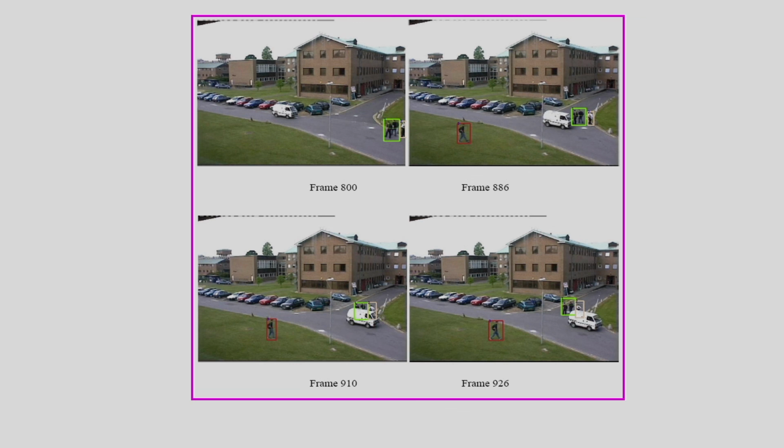In some of the cases you can see, in this frame, these persons are occluded by this vehicle, and partially these persons are visible. Even then we can do the tracking. So the tracking is successful with the help of the particle filter. That means the particle filter can handle partial occlusion. And these are some tracking results.